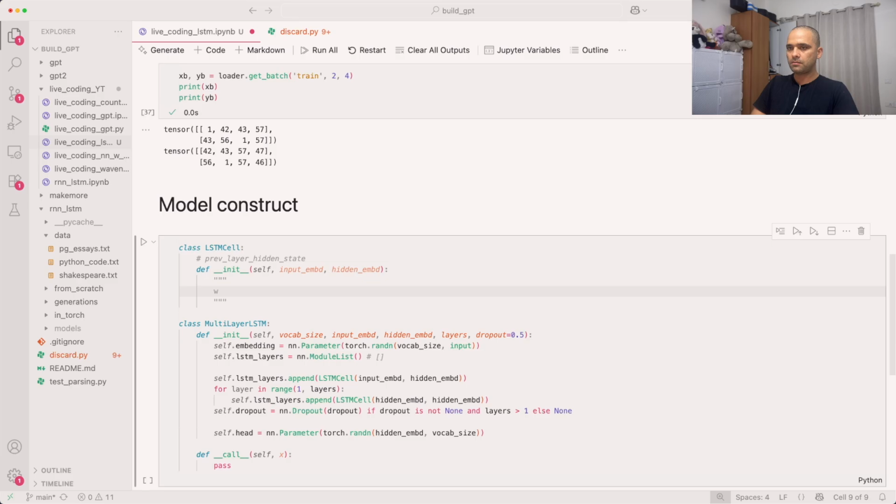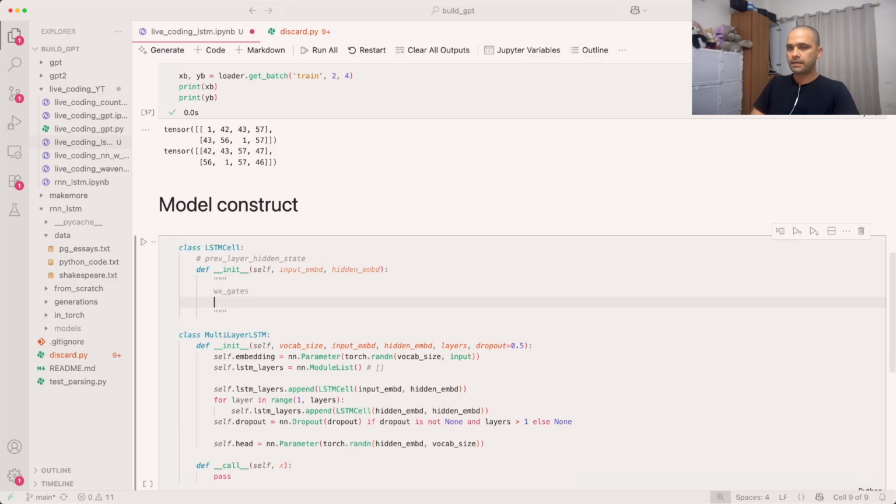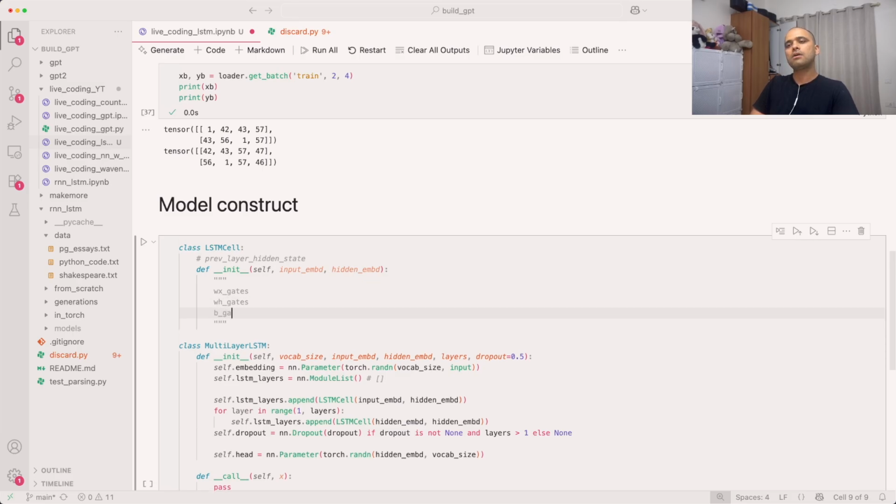W X gates and W H gates and B gates. These would be three parameters we define, which would mean it's a concatenated version of